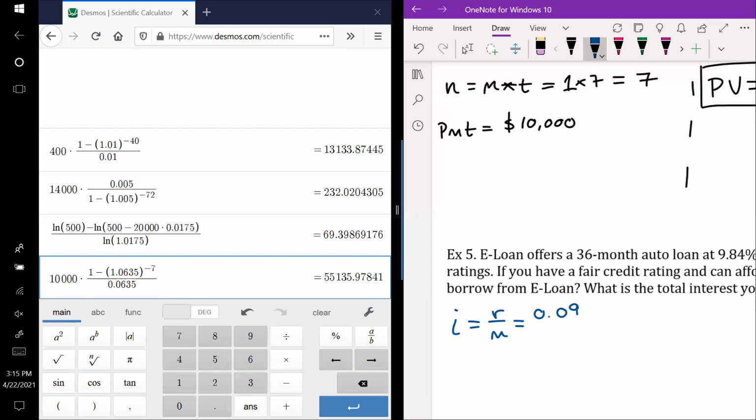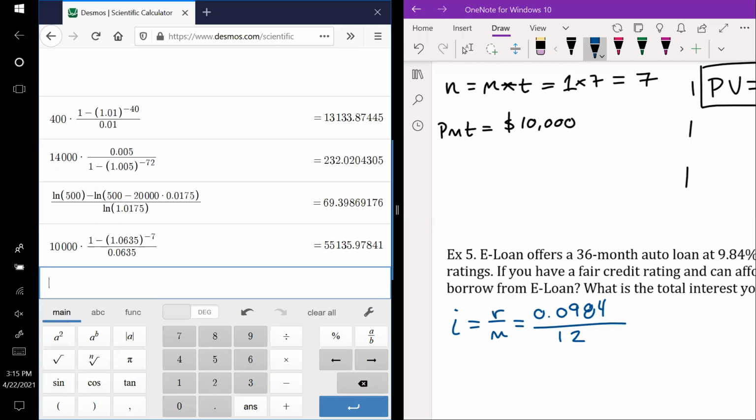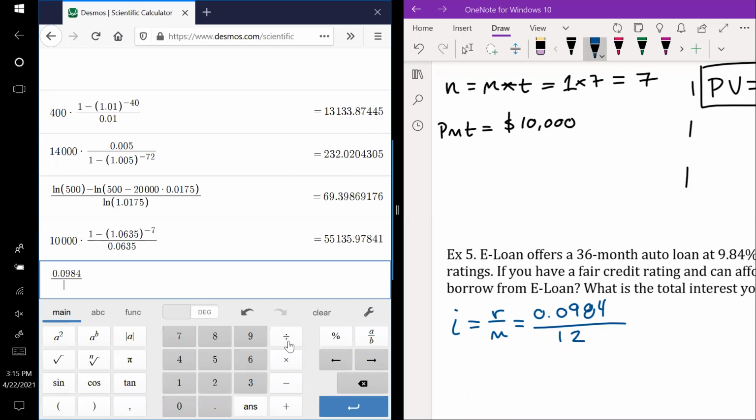So 0.0984 over, and then we are compounding monthly. So that's over 12. And let's see if that's a good decimal number. 0.0984 over 12, and it is. So we'll use that,